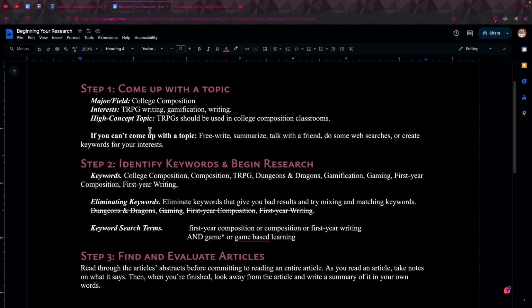your research. When you're coming up with a topic, a few things you should think about are your major or a field you're interested in, your interests, and then if you want to think a little bit ahead, you can think about a general high concept or just an overall idea of what you might want to argue about this